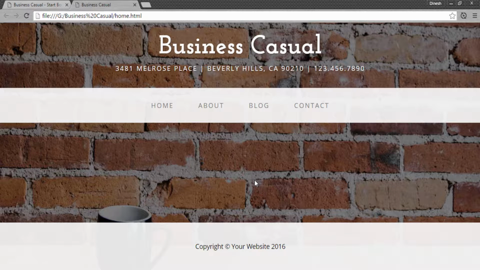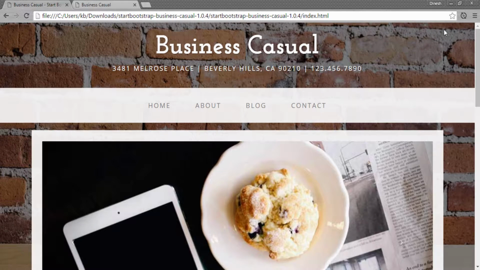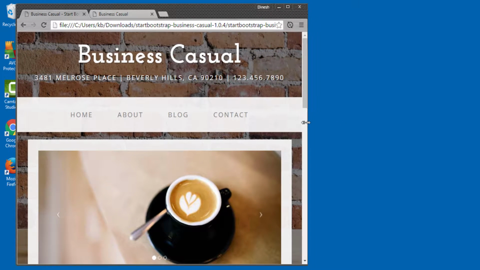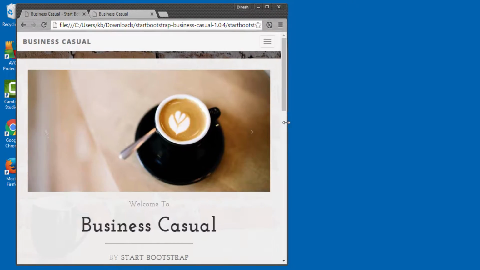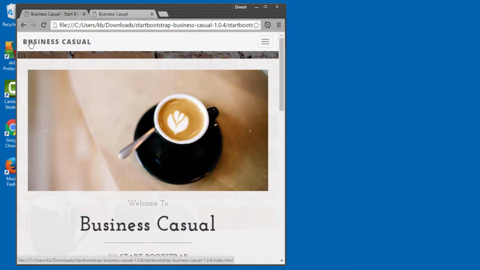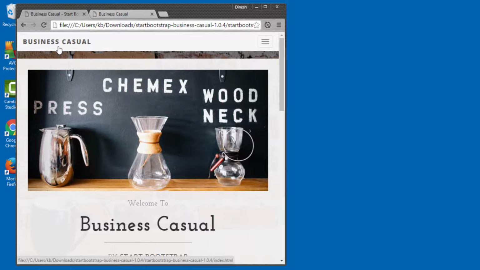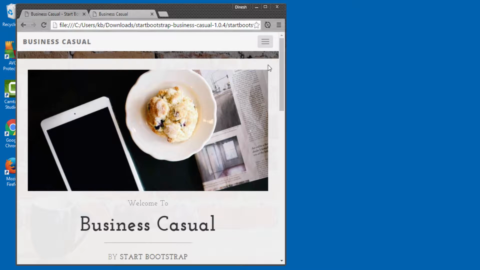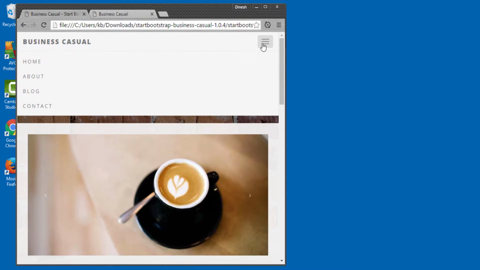So friends, in our previous tutorial we added a navigation bar to our website. So if I go to the original site, here if I decrease the width of the browser, then you can see that after a certain breakpoint, the navigation bar disappears and you see that there is something, text comes up as business casual. So in Bootstrap terms, this is called the brand of our website. So when the navigation bar disappeared, it came in the form of this toggle.